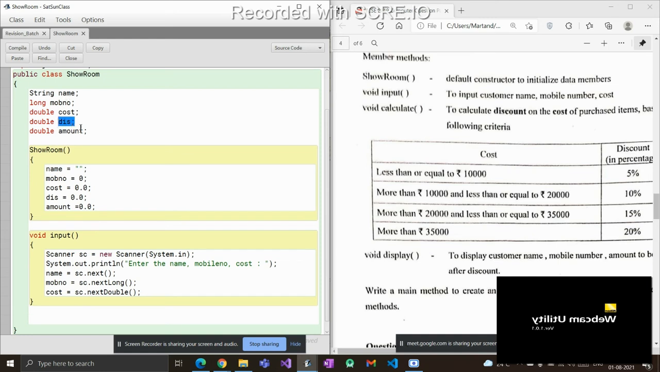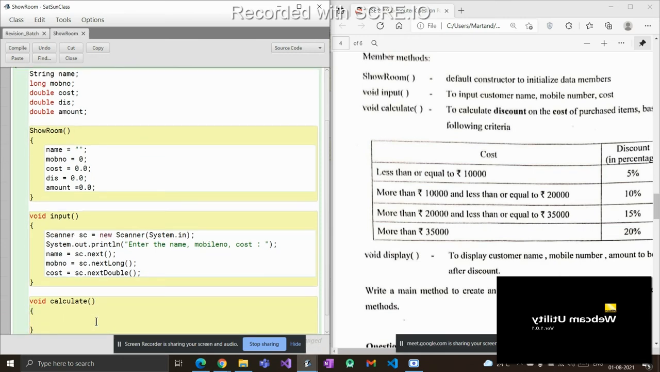See over here, I have two more variables, that is discount and amount. So I go over here, I write my void calculate. Inside this, very easy, maybe most of you know this, but I'm telling you where you lose marks if you don't write whatever things I'm saying. Now cost will already be taken from the input function, so I just check the conditions on my cost. It says if my cost is less than 10,000, 5% discount needs to be given, so I'll check if my cost is less than or equal to 10,000, then